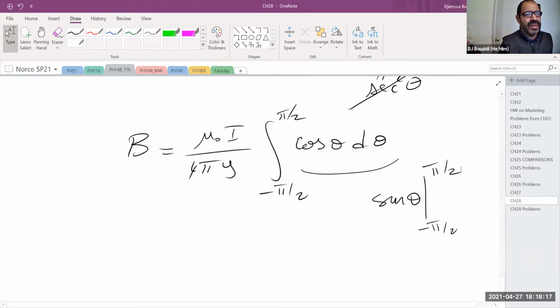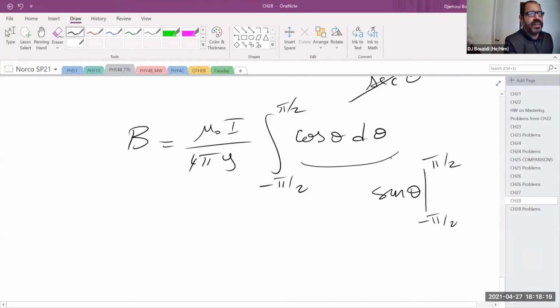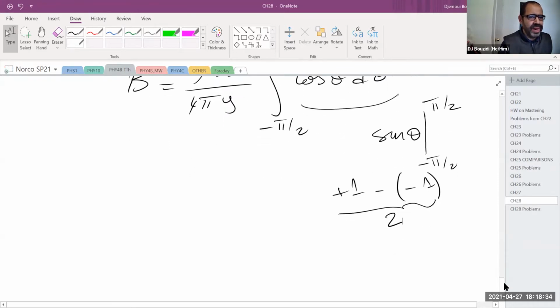Obviously, I have to evaluate it in the upper limit. It's positive 1. Minus in the lower limit is actually negative 1. So it's 1 minus minus 1, so this whole thing is just 2. All of that work is just to get this value of 2, which will cancel that 4 pi, and we'll be left with a magnetic field due to a wire being equal to mu naught I